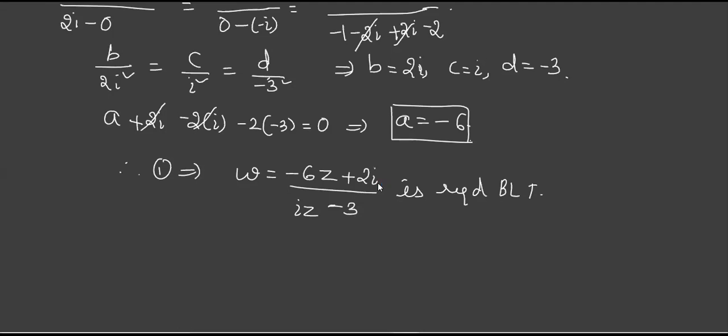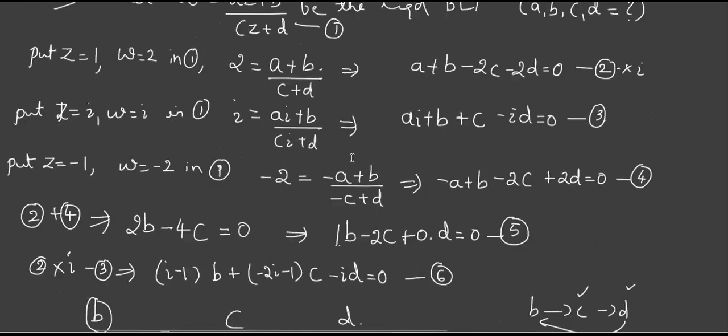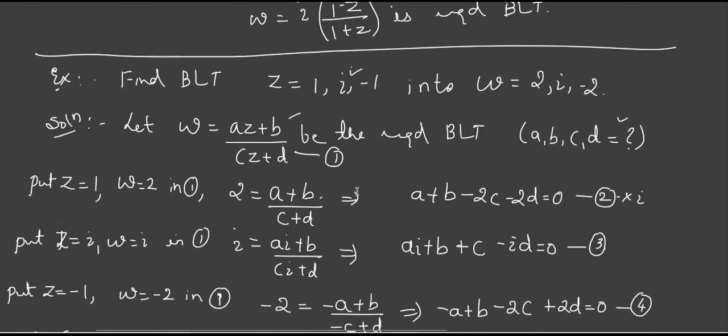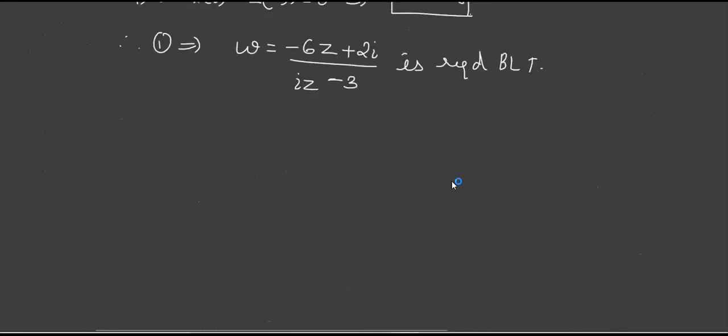See, one more thing. Even if infinity is there, you can make use of this. I'll just explain that and then I'll end it because bilinear is almost done. I've explained both the methods. Just two minutes, just concentrate. I'll try to complete the part. Suppose any of the points is infinity. Suppose I have to put Z as infinity and W as some value. I'm explaining the equation. I cannot take Z as infinity directly.